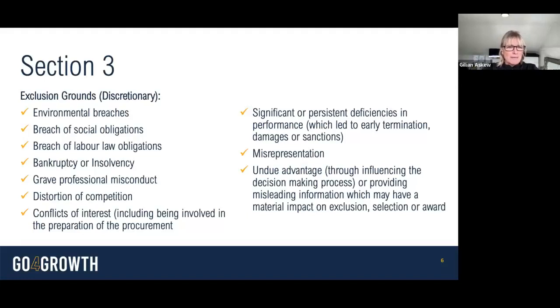So generally speaking, if you have found yourself in breach of a labour law obligation, an environmental breach, etc., you would be asked for mitigations around that, what you've done to either mitigate it, what you've done to resolve it, where you're at now. So those things will be on a case-by-case basis. And again, they'll be covered in more detail in the document that we'll send out that accompanies the slide deck.